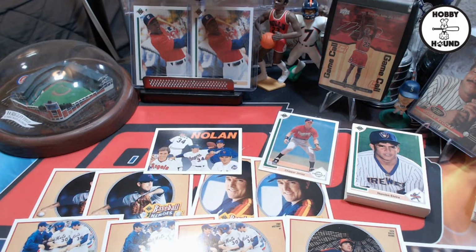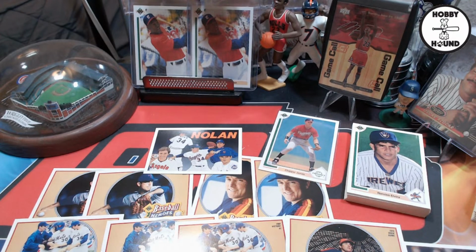For sure, Tom. It is by far the best one, and next to impossible to get to. All of them are, but I imagine that's something a lot of people go after. There was one on ComC for like $1,000 for the longest time, and I kept holding off on buying it because I was like, maybe I'll find it cheaper, maybe it'll go on sale, something like that. Never did, of course. And then when someone put another one back up, it was a horribly faded autograph. So